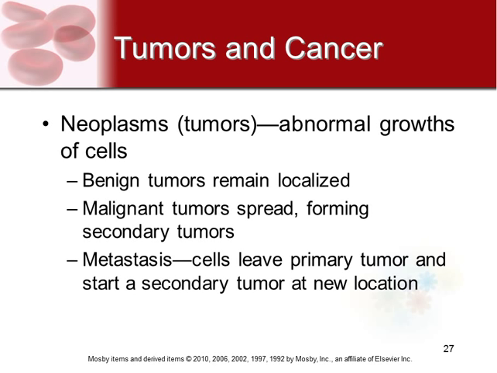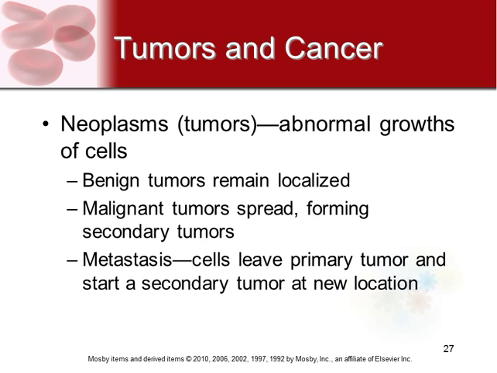So your tumor can be benign, and that means it's kind of like this odd growing cluster of cells, but it's very localized. If it's malignant, that means that it's spreading. It's forming another tumor somewhere else in that same little area. It's not just the one tumor now, it's two tumors. And then you can have a metastasis. Metastasis is when they actually leave wherever the primary tumor was, and they're starting another tumor someplace else in the body.